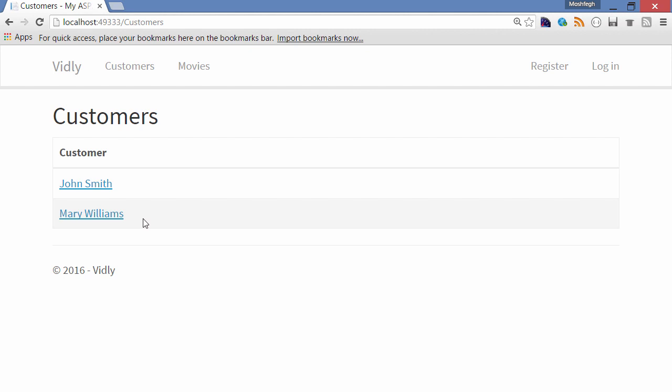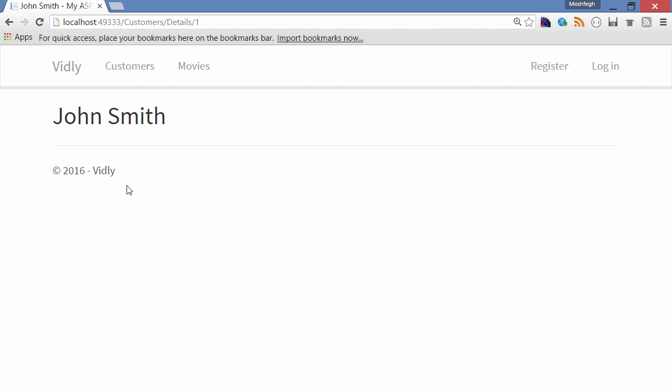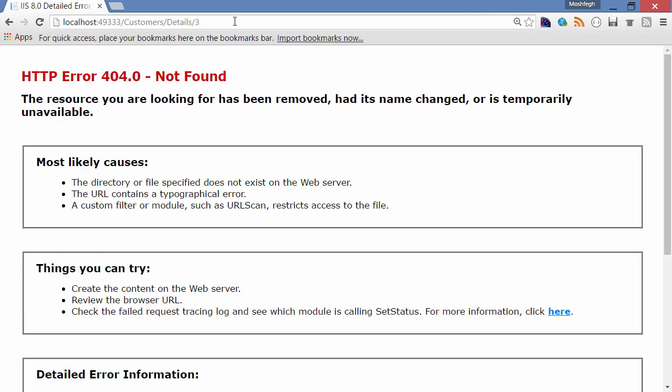Now, back here in the list of customers, if I click on John Smith, I go to a new page at this address, customers/details/1, which is the ID of that customer. If I change this to 2, you see Mary Williams. But if I change this to 3, we get a standard 404 error page because we don't have a customer